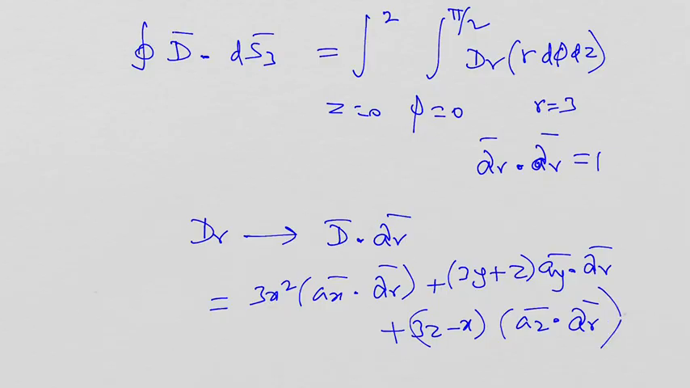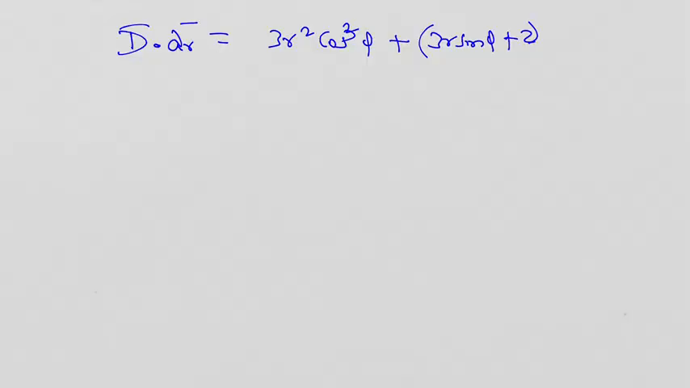Now before moving further, you have to take the conversion parameters also. x is to be converted as r cos phi, y is to be taken as r sin phi, because when you convert from Cartesian to cylindrical, such transformation formulas must also be used. Then only the result will become d dot ar, which gives you the dr component: 3r squared cos cube phi plus 3r sin phi plus z, into, of course, you have to replace y by r sin phi. With r equal to 3, you can notice that